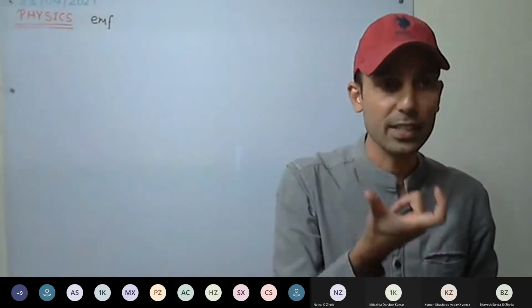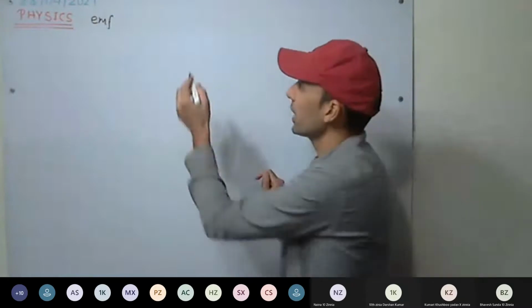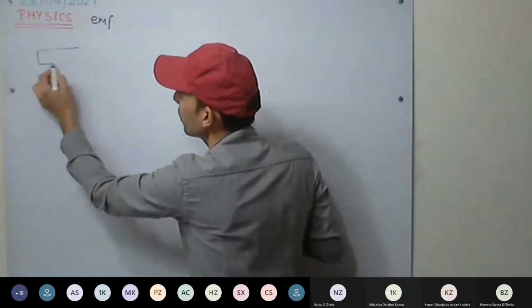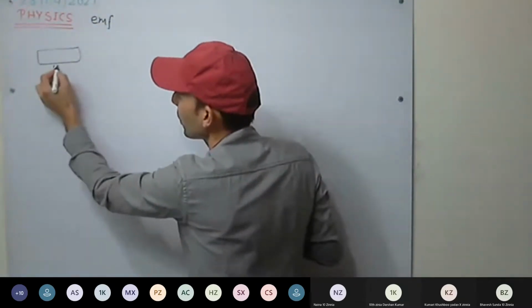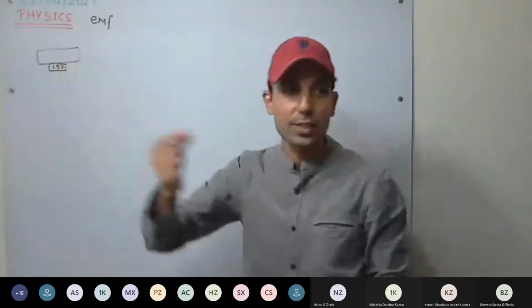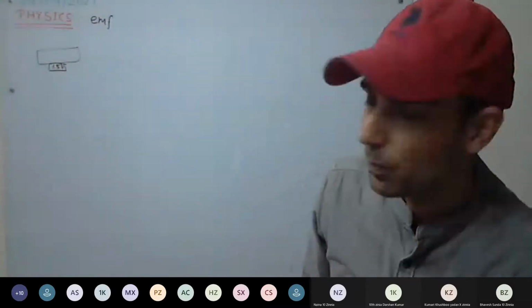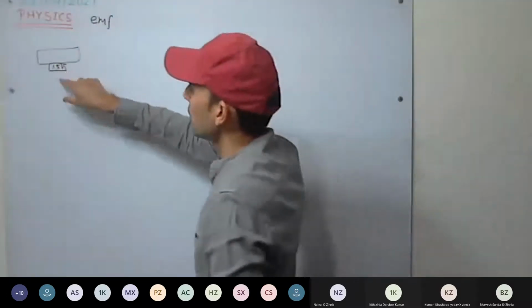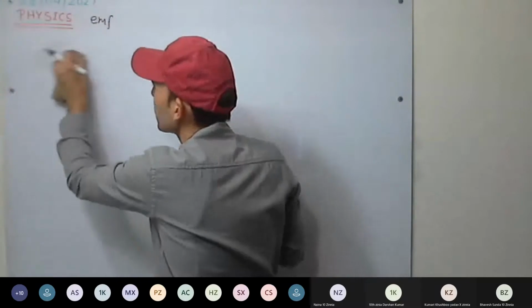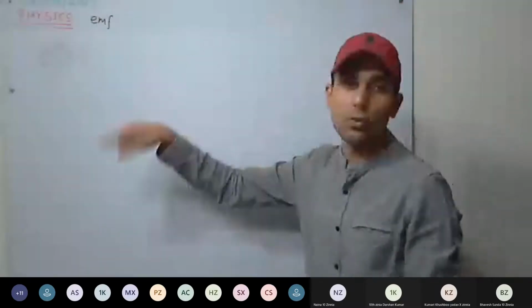For example, you see the dry cell, it is written 1.5 volt on it. It means its EMF is 1.5 volt. It is having this much energy to push the electrons, to push the positive charge. By this much energy, it pushes the charge through the circuit, so that current flows.